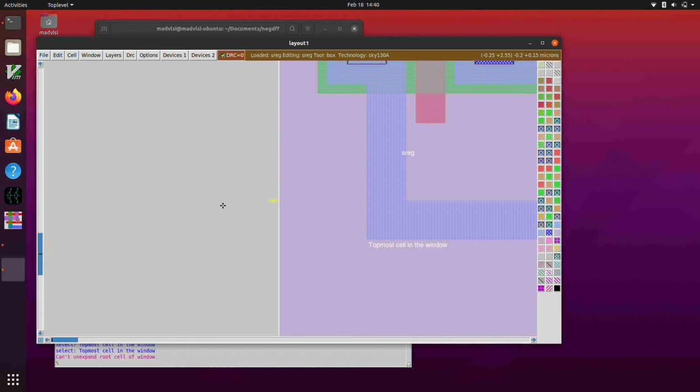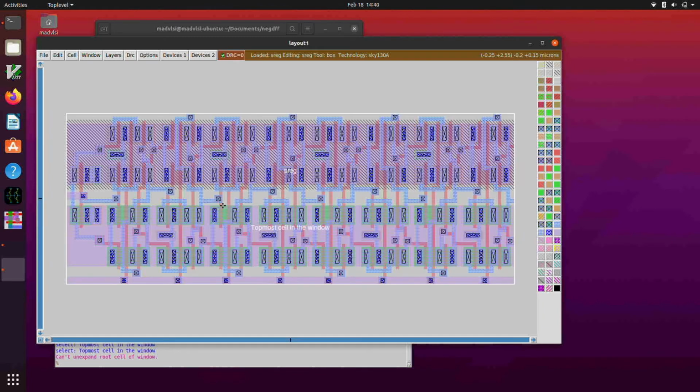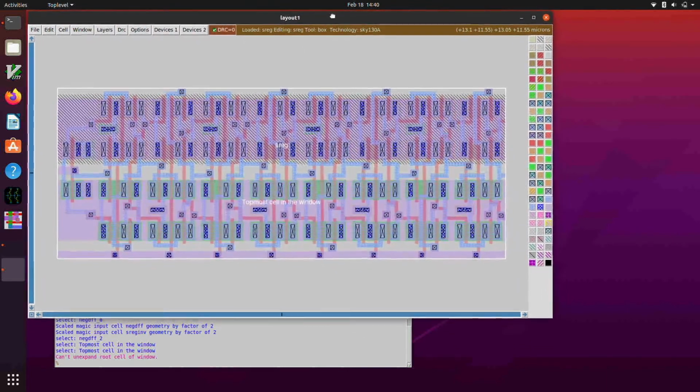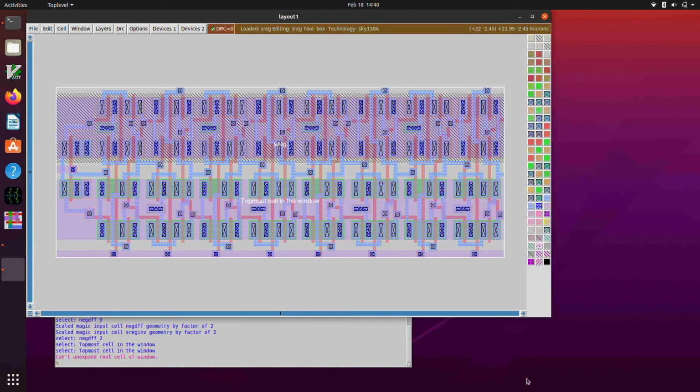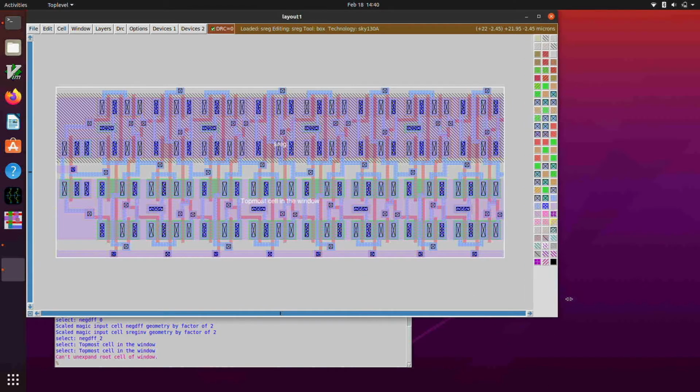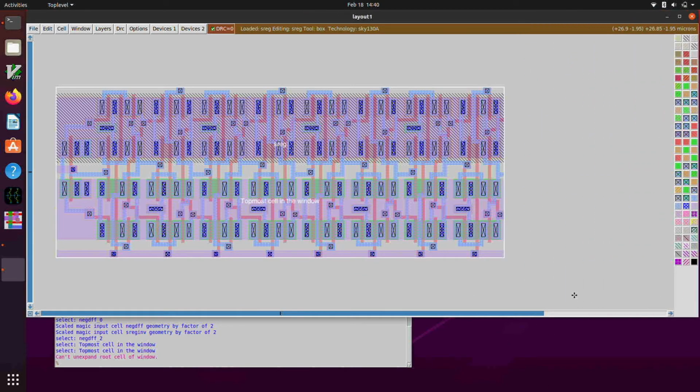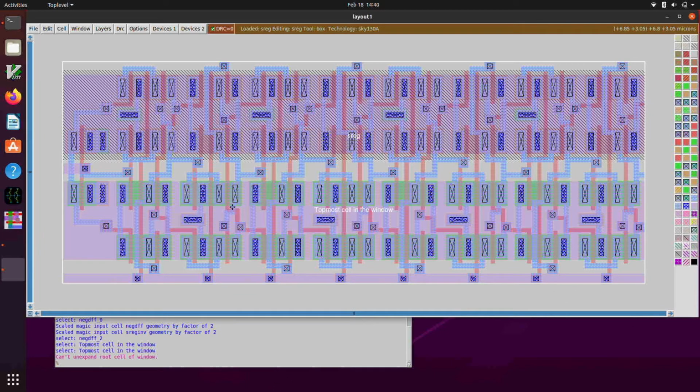And let me zoom to the whole thing. And so now I'm going to extract a top level netlist for this whole thing, and we'll see what that netlist looks like. So I'm going to do extract all, extract, and then I'm going to do ext to spice